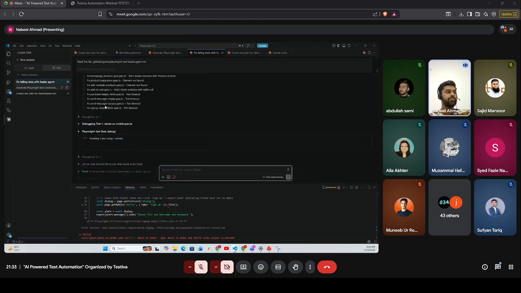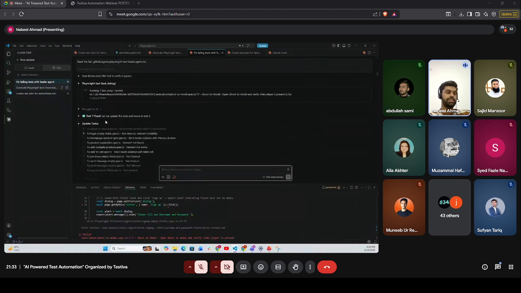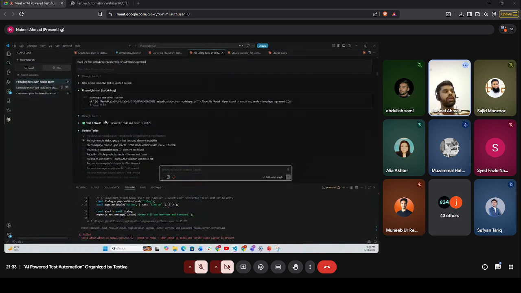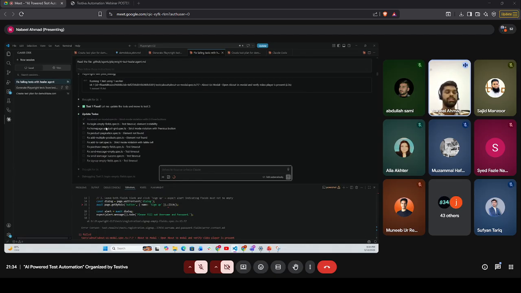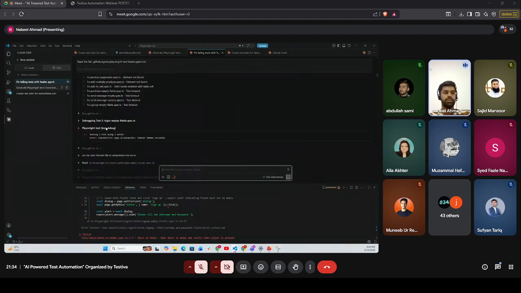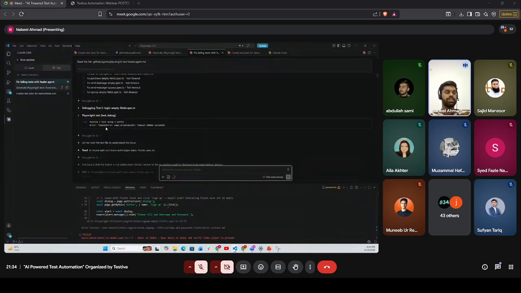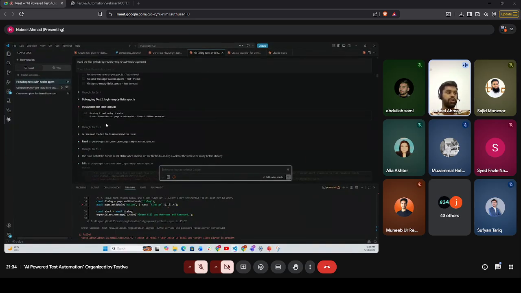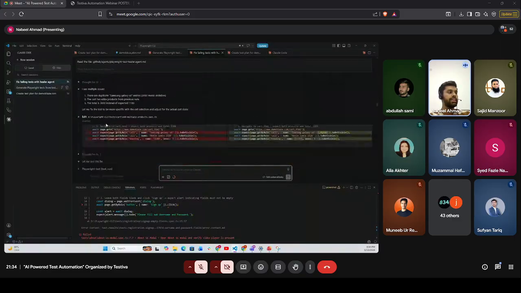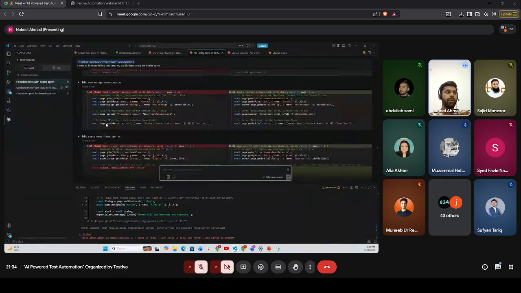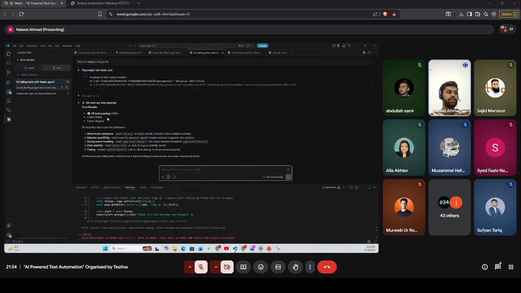Fix the failing test cases using the healer agent. It started working, and one by one it updated the test cases that were failing because of locators, because of running short of timeouts, and because of inconsistency in the DOM loading, because our project, Demo Blaze, has some inconsistency in the DOM loading. In the end, it gave me all the test cases passing with a status: 29 test cases are passing, and we will be able to run that by running just one command.